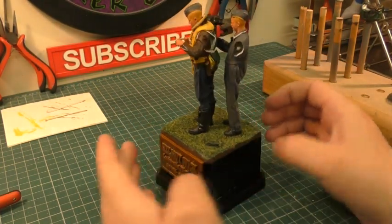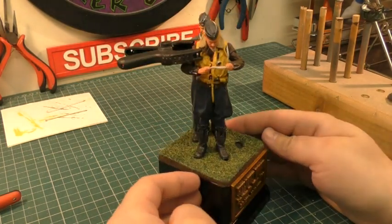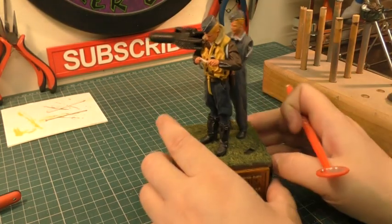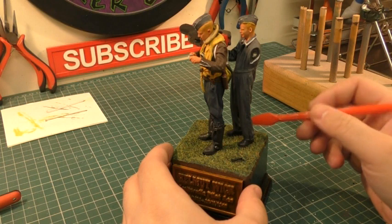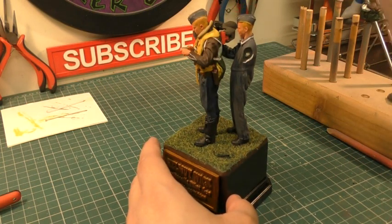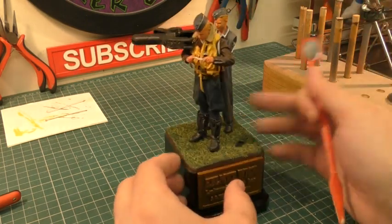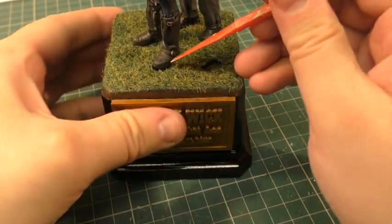Okay guys, that's about as best as I'm going to get that. It's not bad, but it's not perfect neither. So what I'll have to do is leave this to naturally dry. Hopefully this guy can be kept in place really nice. Hopefully this peg clamp will help keep that and glue that in place. Now the only main problem, I don't know if it's showing up on the camera, is there's a little bit of a gap here